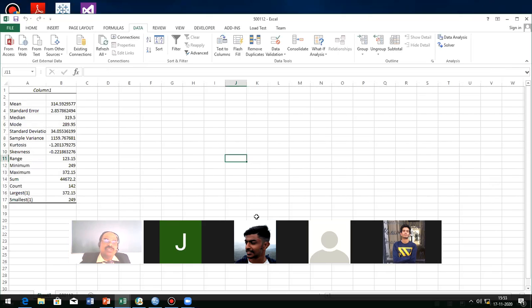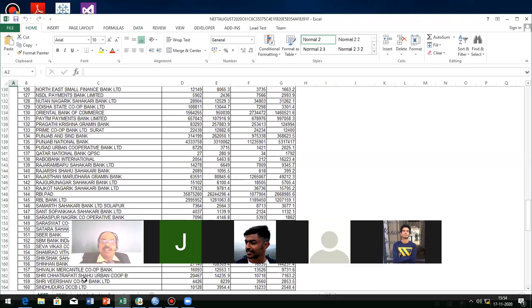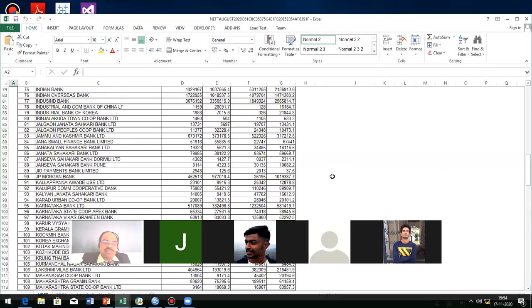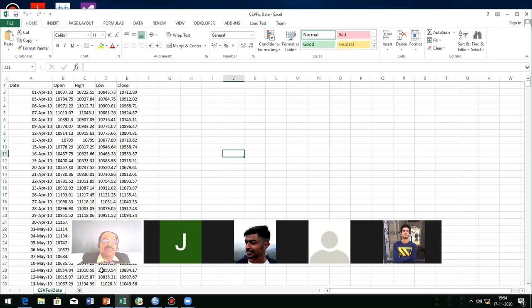Or if you want to do the co-integration, you can use EViews also. Let us see one example using EViews. I think some of them are not familiar with EViews. So that is why I'm showing SPSS. Everybody is using this one. Okay.